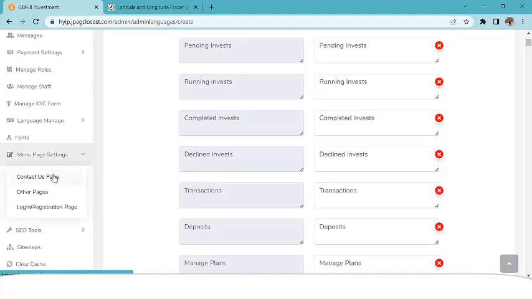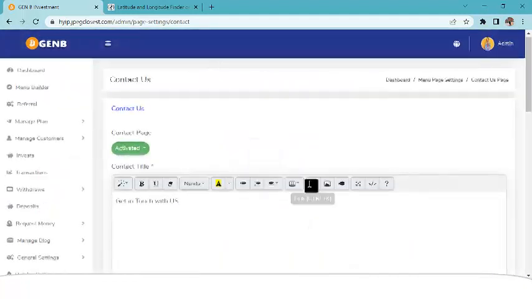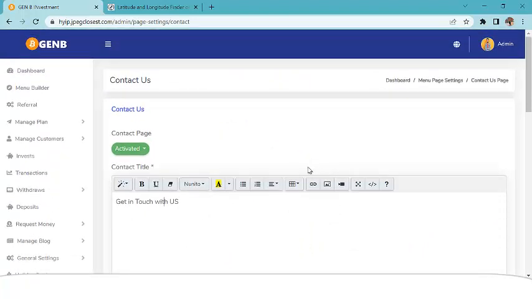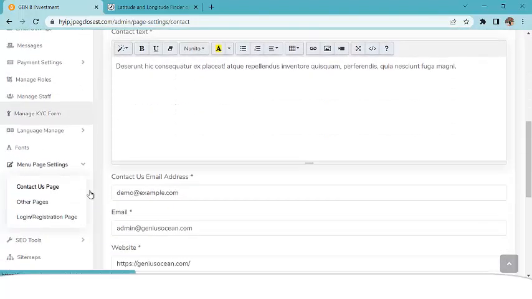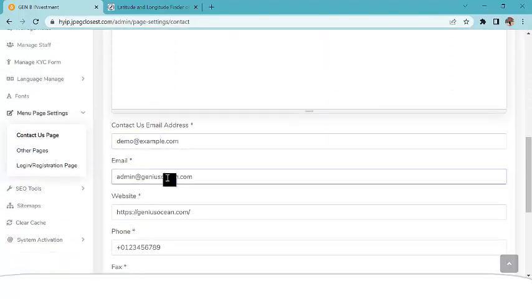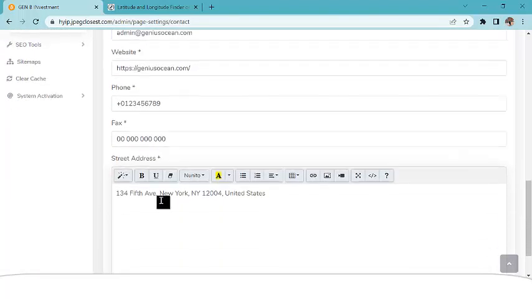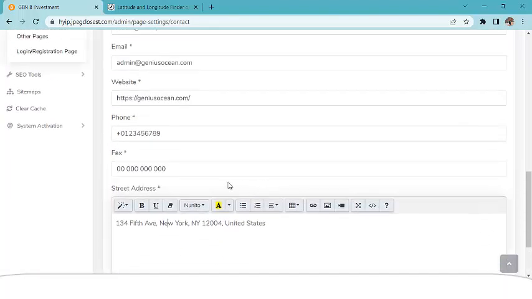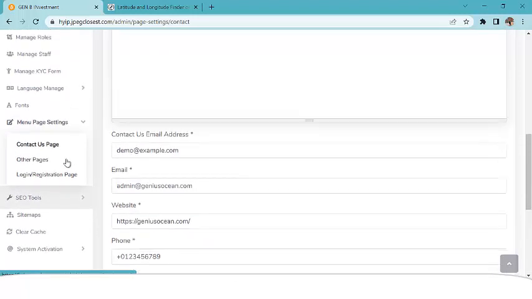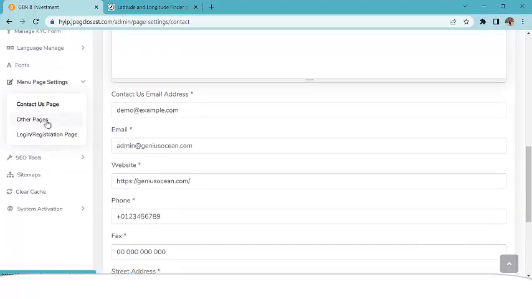So if you come to page settings, you will see the contact us page, and you're going to see the content on the contact us page, and you'll be able to manage it and change all of this to your information, right? All of this is the information on the contact us page. So you can change all that. So if you go to other pages,